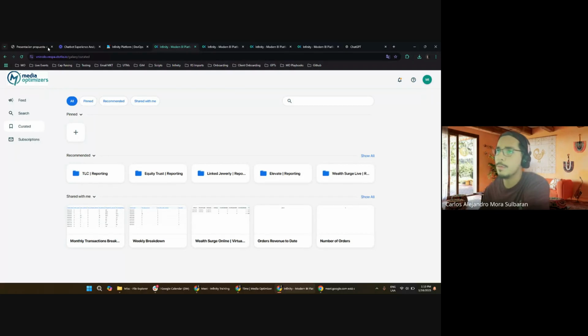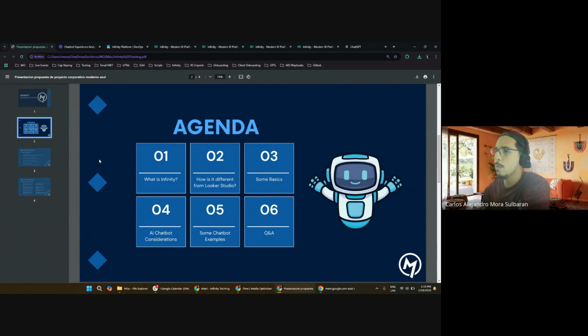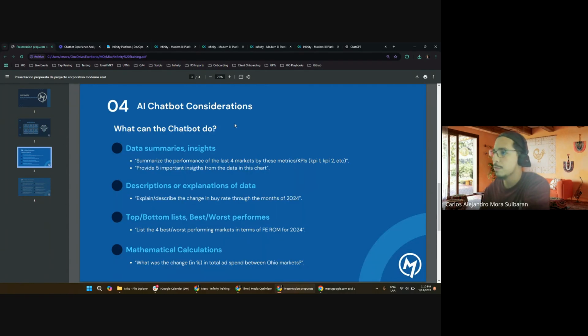Ideally, we're gonna work with this new tool. First of all, I wanted to bring up some important considerations on working with chatbots in the best way. Some of you are super used to working with chatbots like ChatGPT, Gemini, Copilot, and maybe this is redundant information, but I think it's important for all of us to know, if we're gonna use a platform like this or any other platform, what we can expect, and also some important tips to gain the best usage of